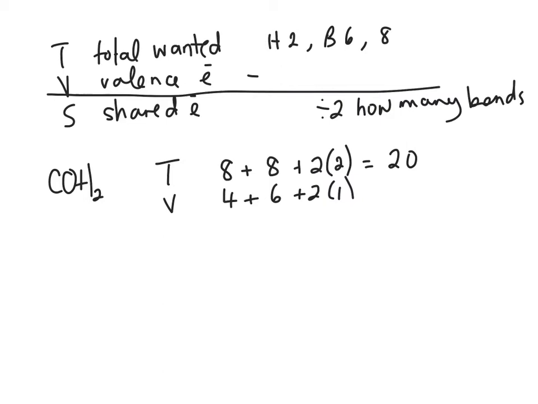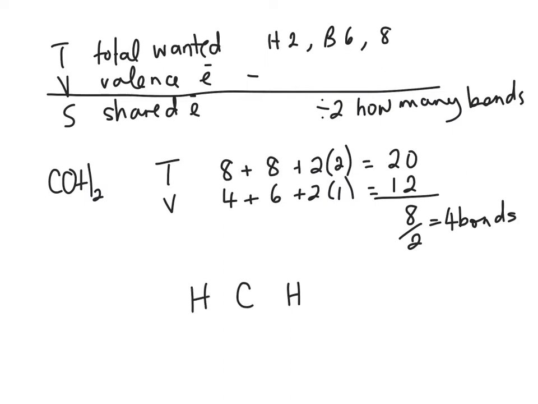4 and 6 is 10, plus 2 is 12. So if we subtract 12 from 20, we get 8. If you divide that by 2, we know our structure has 4 bonds. And that makes sense because carbon will always make 4 bonds. So carbon, hydrogen, hydrogen, oxygen, 1, 2. Oxygen can make 2 bonds. There's our 4 bonds. So now, let's go back to the